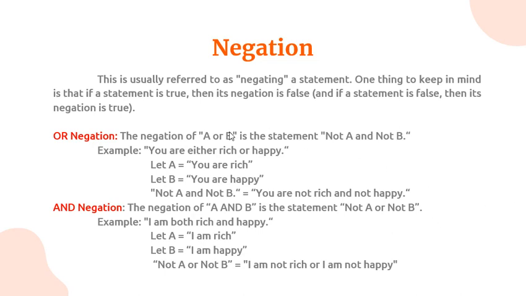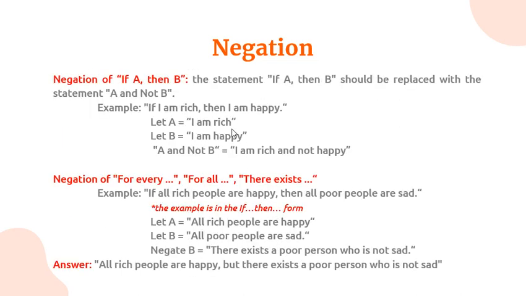The most common negations are, first, the negation of A or B, the OR negation. The negation of A or B is the statement not A and not B. So if we are given a statement and we apply negation, the OR statement will become